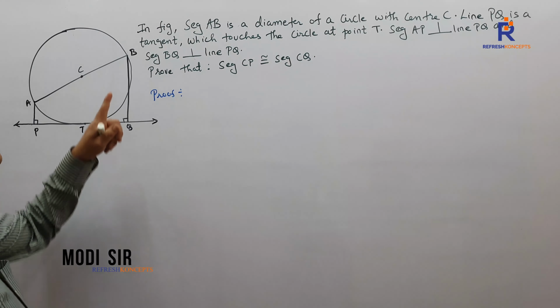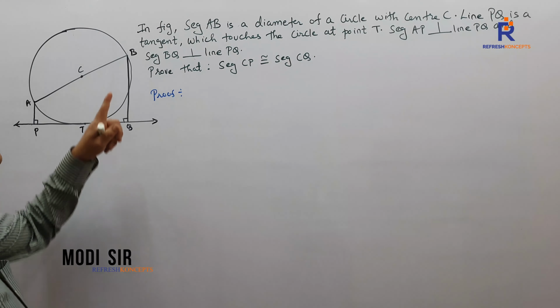What next? Let me now make you understand the entire sum. I intend to prove CP congruent to CQ. Don't you think that whenever we need to prove any two sides congruent, we shall get it by CSCT? Shortcut. What is the long form? Corresponding sides of congruent triangles. So if I want to prove any sides congruent, I need to prove two triangles congruent. Which are the two triangles we are looking out for? In triangle CTP and triangle CTQ.